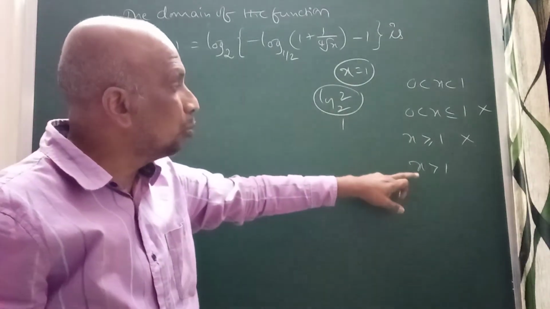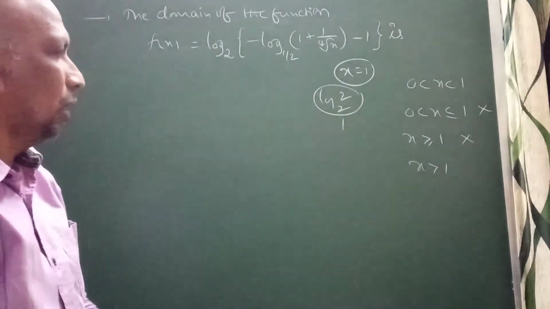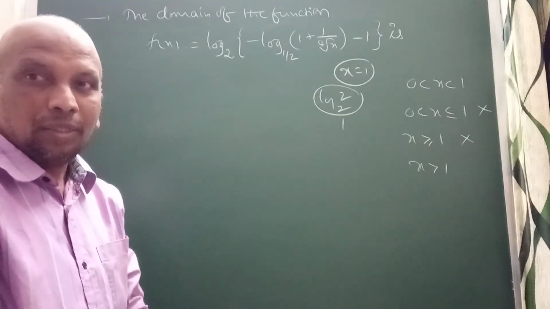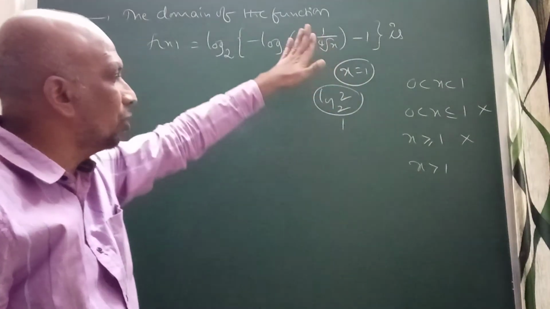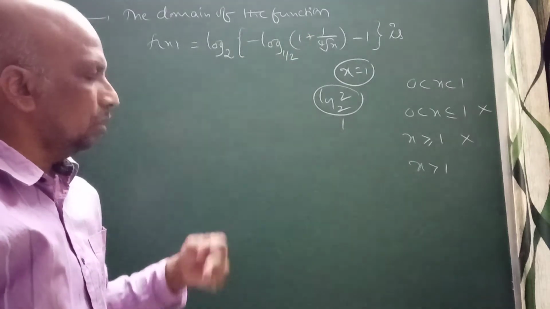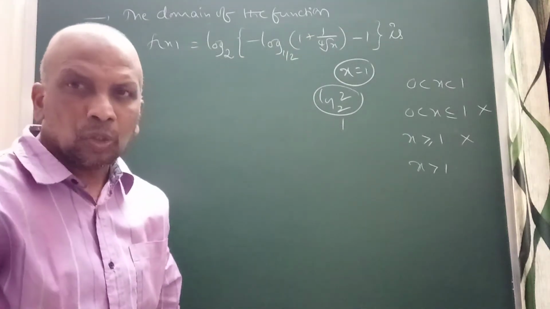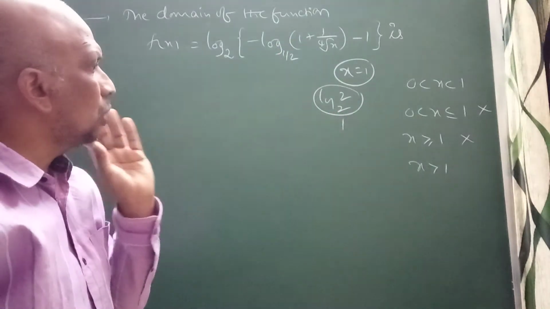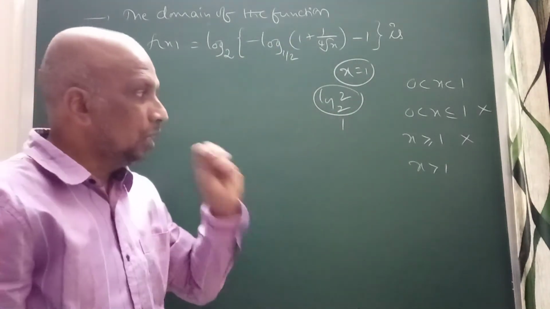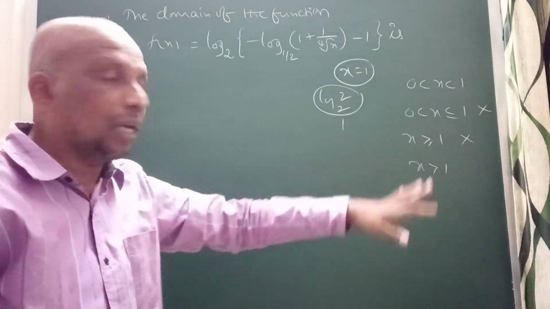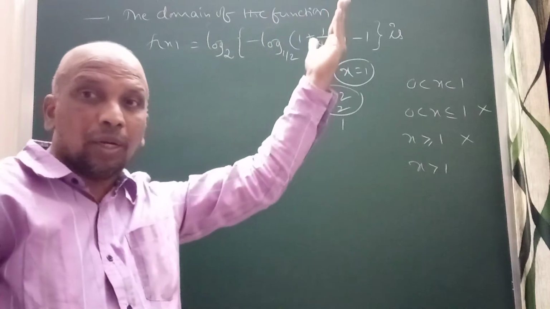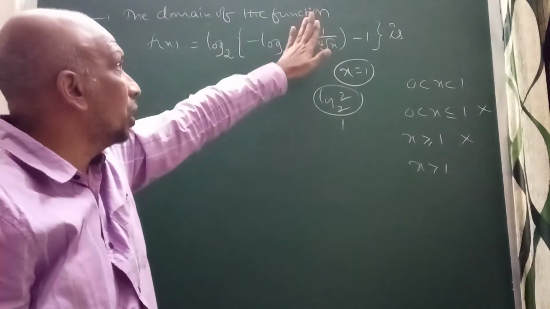Your answer should be more than 1 or between 0 and 1, and you should check that. If you verify whether it is more than 1 or between 0 and 1, that will be your answer. You can verify that easily, so automatically you will get an idea about it. You can think here: take one number x greater than 1 and check that. You can take any number and substitute it.